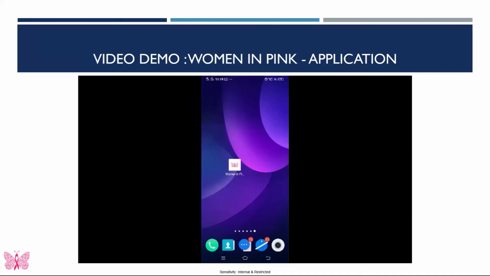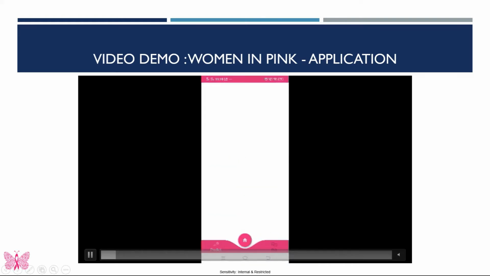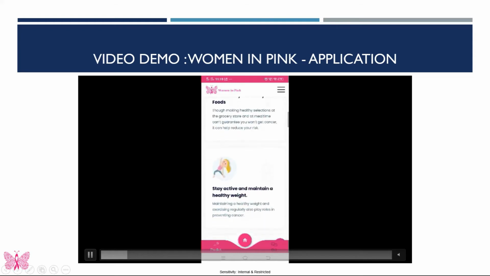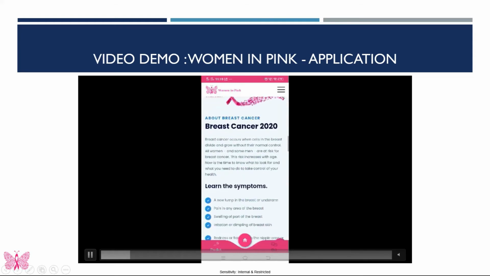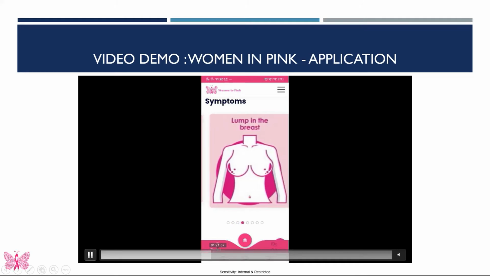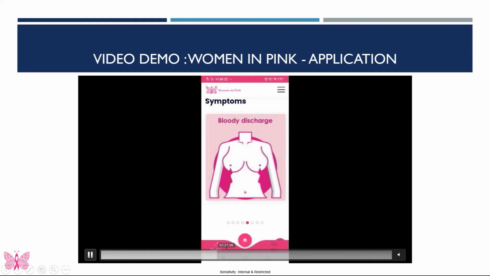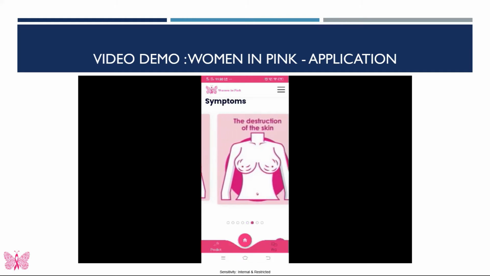This is the video demo of our application. I will just run through it. While opening, the UI will show. You can see one home button and two buttons, Predict and FAQ, for easy access to those two features. This is how the app looks. For symptoms and everything, we have put some images to make it easy to understand for the user who accesses our app or website.